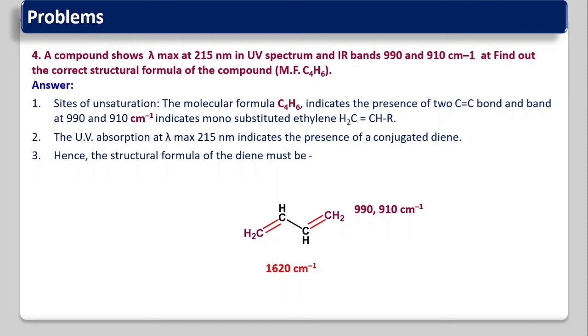First find out the sites of unsaturation, then write down what information you are getting from the sites of unsaturation. If the site of unsaturation is 1, then it may be 1 ring or 1 double bond. 1 ring is equivalent to 1 site of unsaturation, 1 pi bond is equivalent to 1 site of unsaturation. And then take the information given in the problem one by one and approach towards the answer. So this is how to solve the IR problems for the examination.